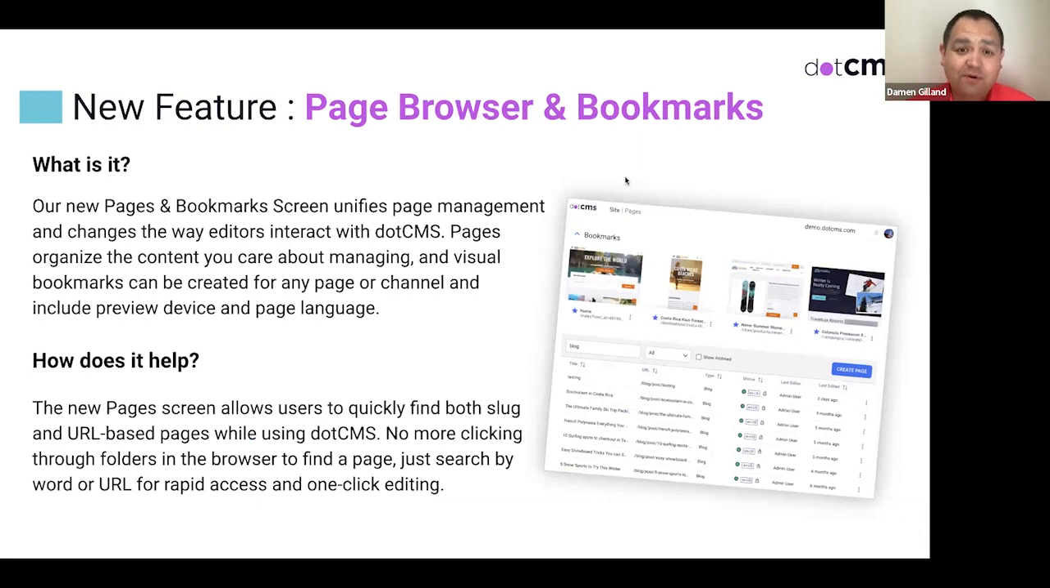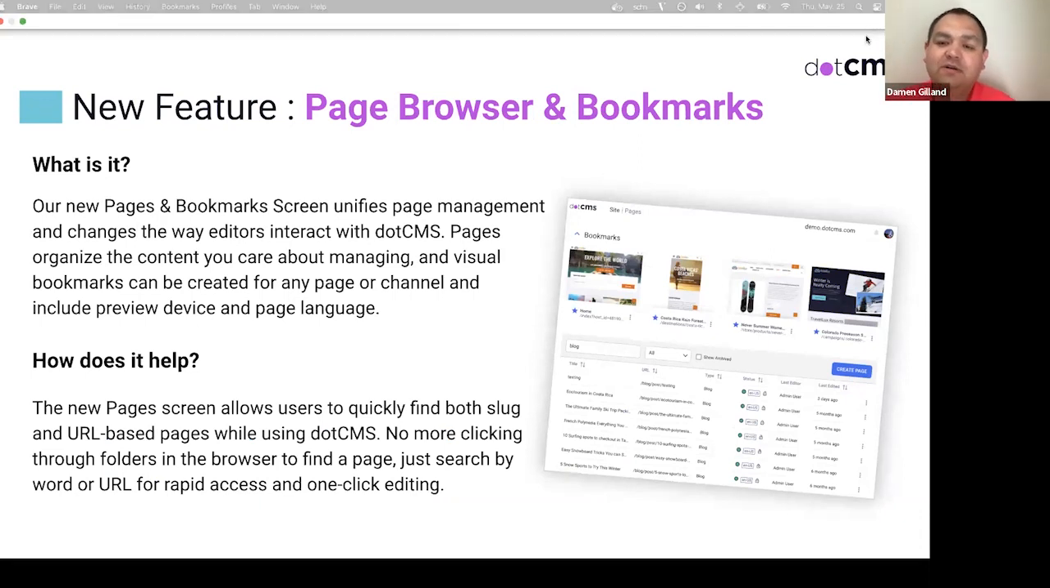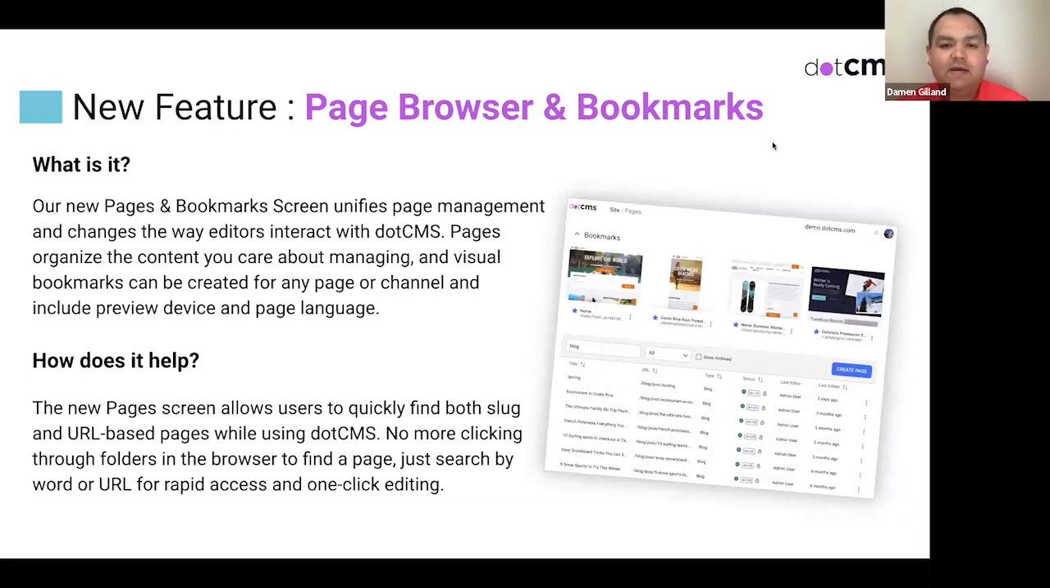Another feature we've got for you is our new page browser and bookmark capabilities. So you're familiar with dotCMS, we have our site browser, but a lot of times things can get lost in the shuffle. So you have a page that you really want to track on a regular basis, or you want to keep tabs on it. This is a way to track that page and find that page, favorite it as one of your bookmarks in the site, and then have essentially one-click access to it